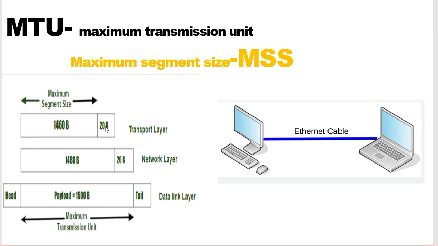So that will contain up to 20 bytes of space, and then the remaining 1480 minus 20 will be 1460 bytes of your real payload. So this is your maximum segment size, meaning the real payload, the real data that you are sending, that can go in a